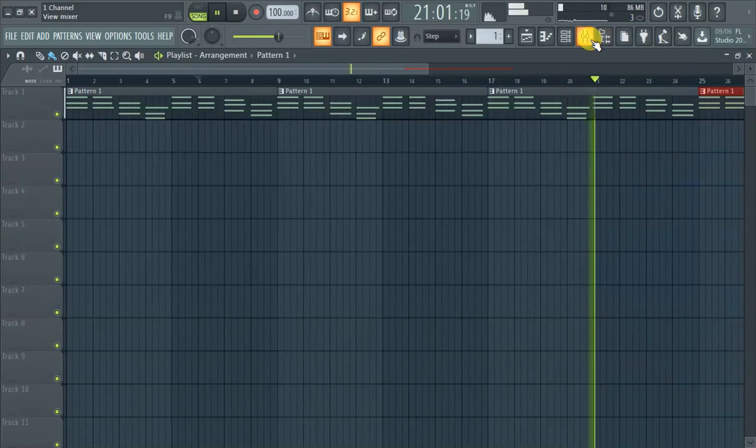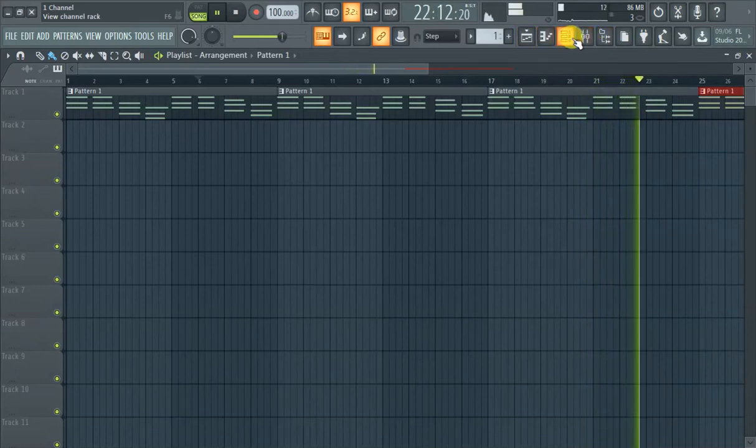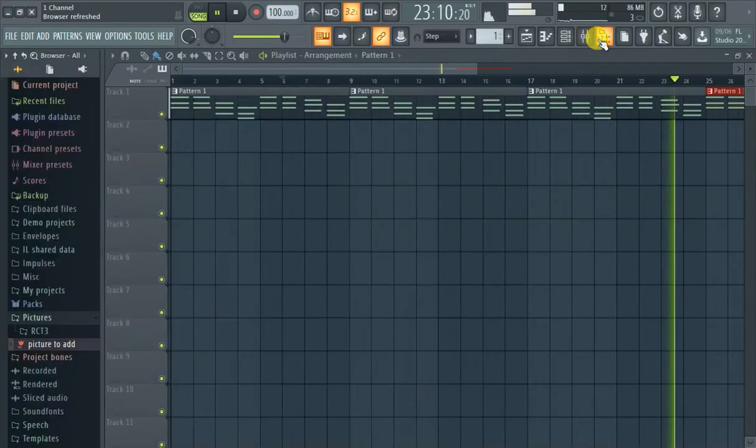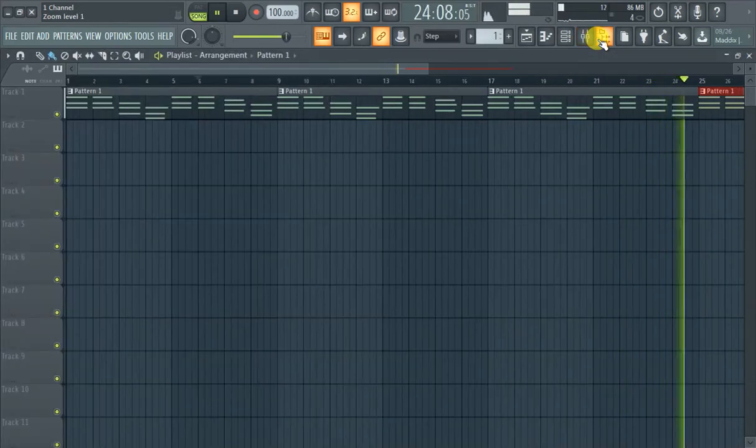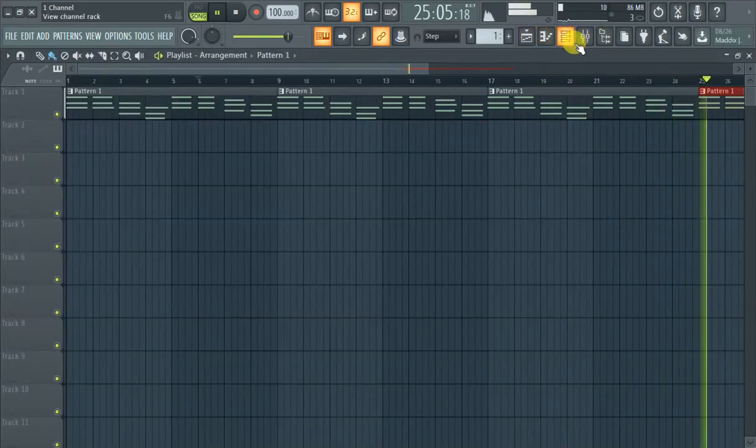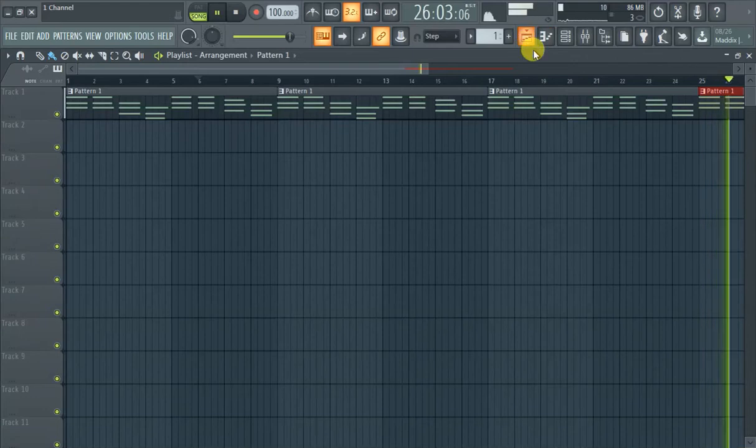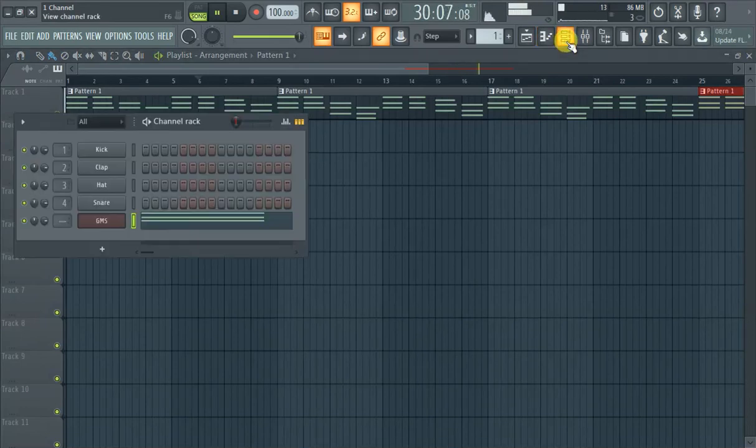So the one thing I like about FL 20 is, I mean, this is in FL 12 too, but all the icons just look like what they're supposed to do. So if you ever get confused, the icons aren't too hard. This looks like a playlist. This is probably the most confusing looking one, but it's the notes. This is for your channel rack,